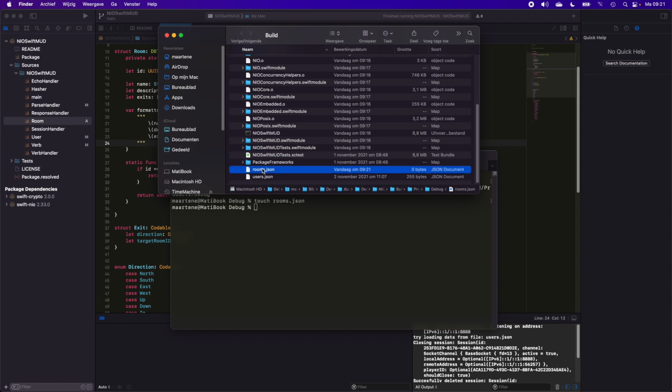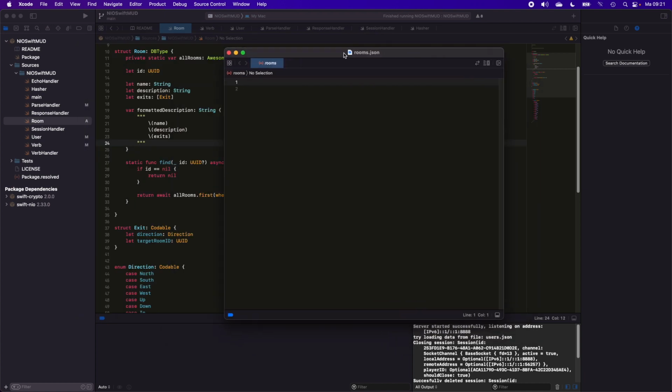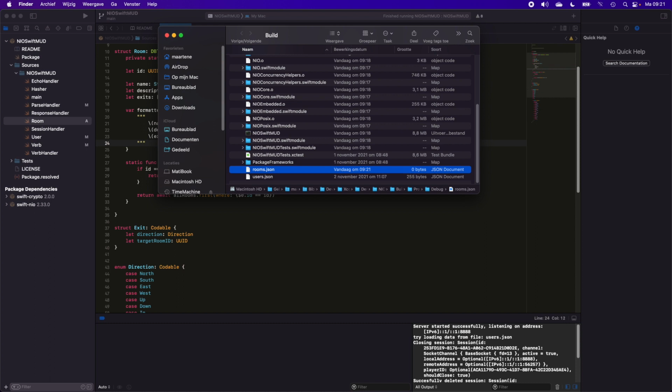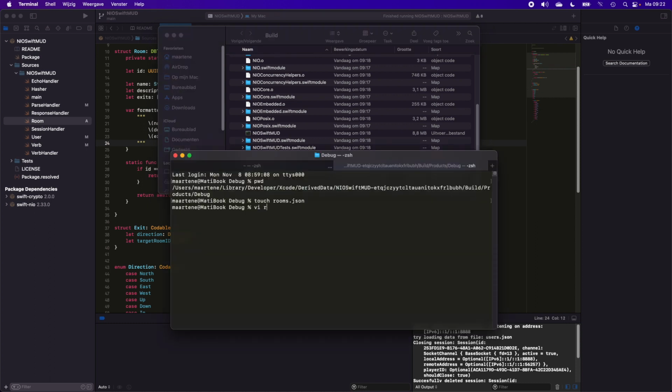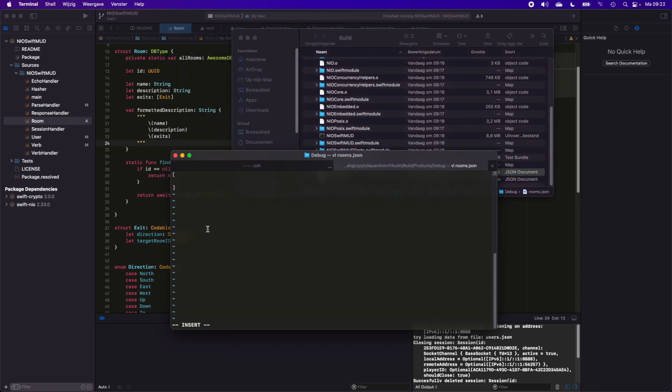I should now have a rooms.json file. I can open it using Xcode, and I can start typing away and creating a room. And a room is an array. Why aren't you allowing me to change it? Perhaps we first need to add some data in it. So we have an array, and the array contains rooms, which are objects,